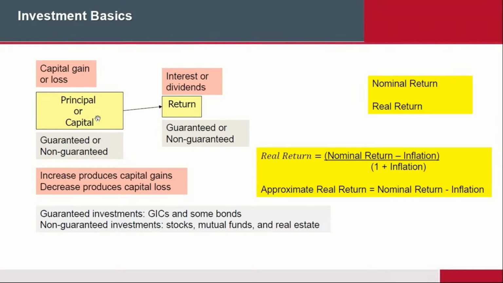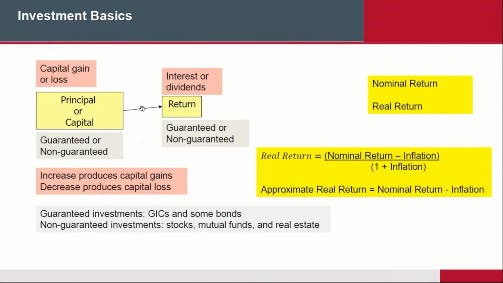Well, basically, what happens is that you as an investor will put in your capital, or sometimes they call it the principal sum. So let's say you put in $100,000 into some kind of an investment, and that investment will hopefully create some kind of a capital gain. In other words, the amount will increase. Or it could also decrease. Remember, in other words, you have a capital loss.